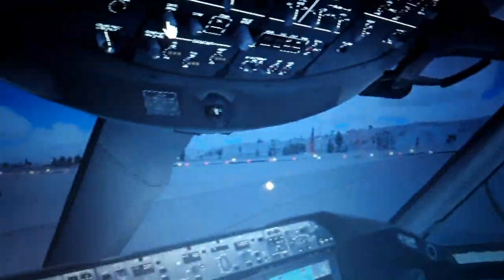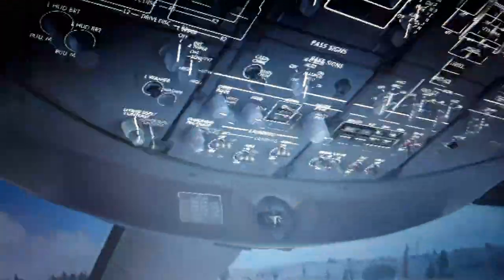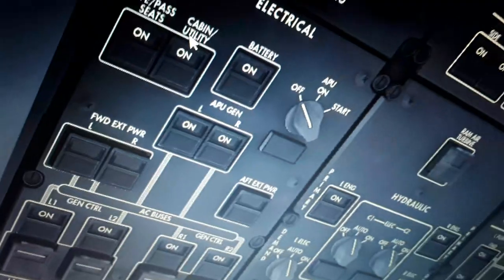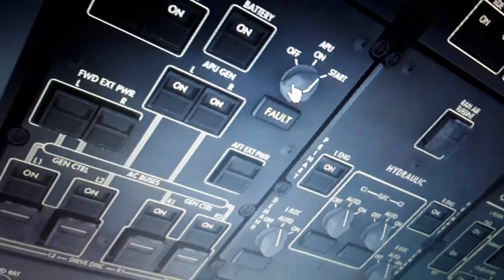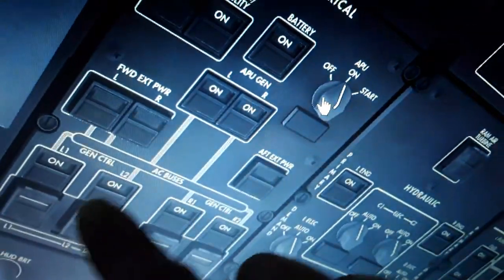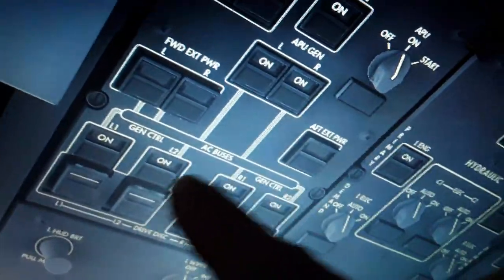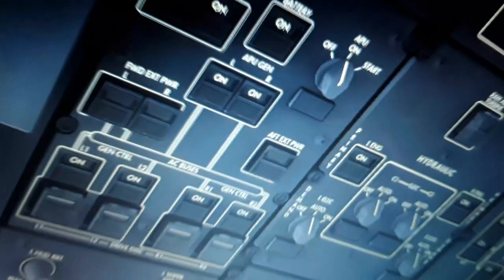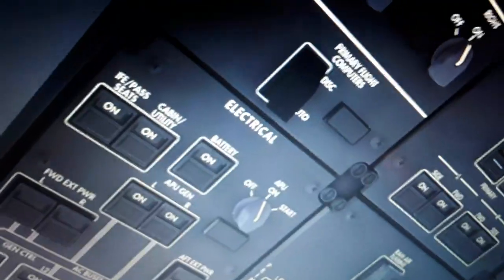So we're going over here in the overhead panel. We need to start the engines right now in a couple of minutes. So we have the APU, we need to start it. It's gonna provide us hydraulic, and it's gonna provide us with electric power and pressurizer. We have the contactors, 130 to 200 volts for 100 Hz frequency, left and right, engine driving, the battery, primary